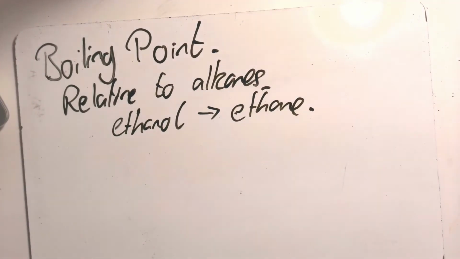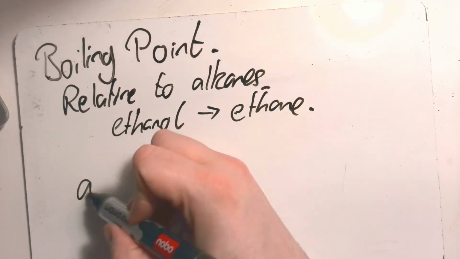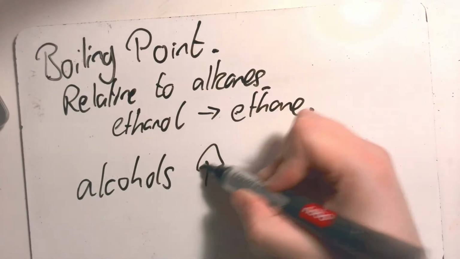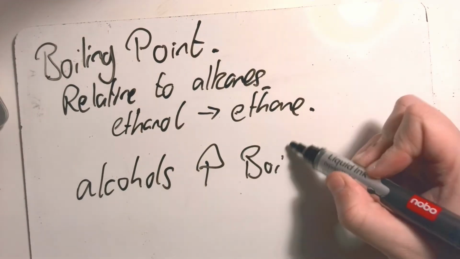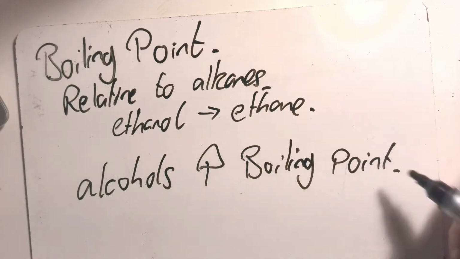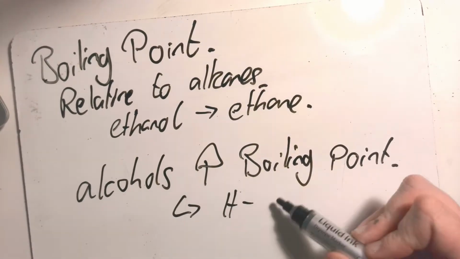So, respective to their just aliphatic alkane form, alcohols have an increased boiling point compared to their alkanes, and this is due to hydrogen bonding